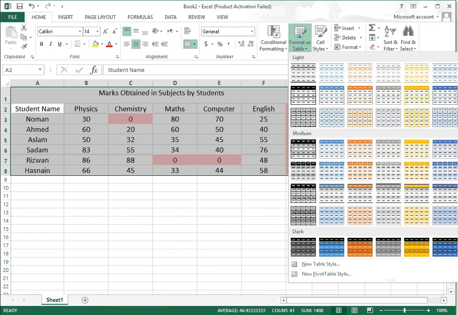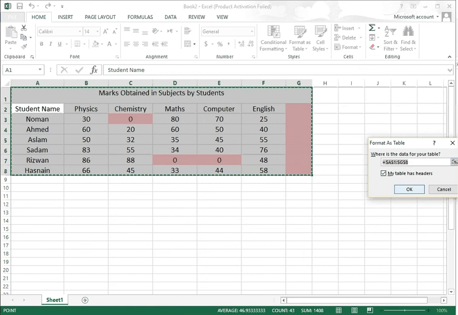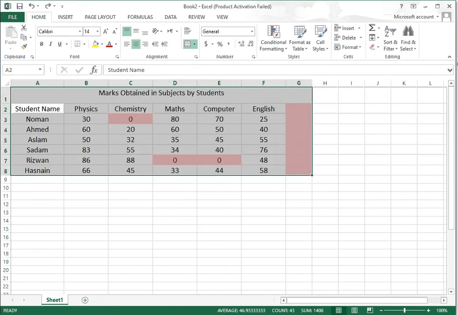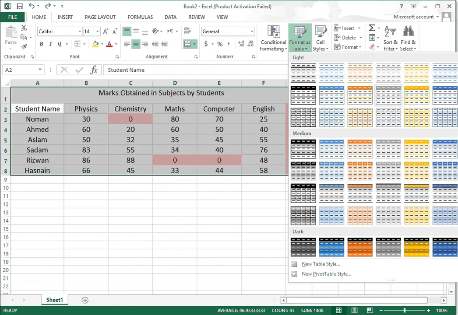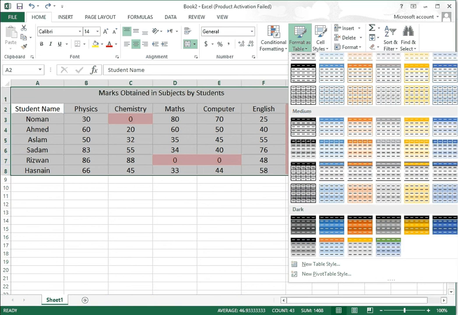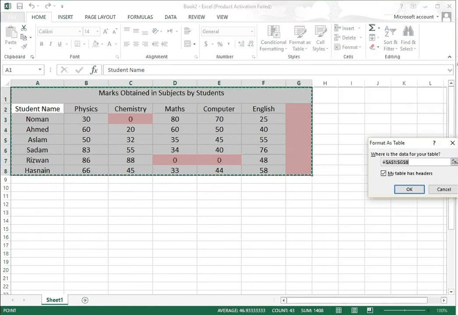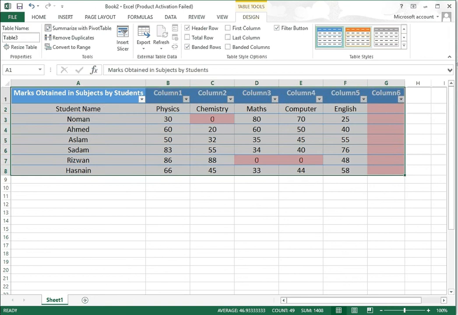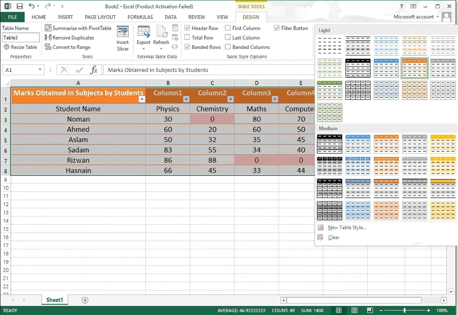And from here you can format the whole table. Your groups are selected, then you just have to select, press OK, and then see the formatting and the condition which you have selected above. Then any style which you want to select, just press on that one and then press OK, then see that style is applied. And there are also other styles or formats available.